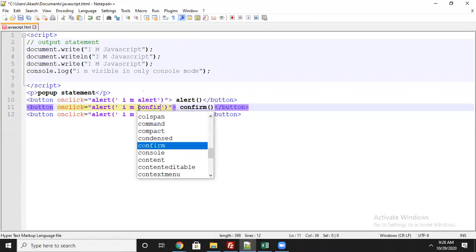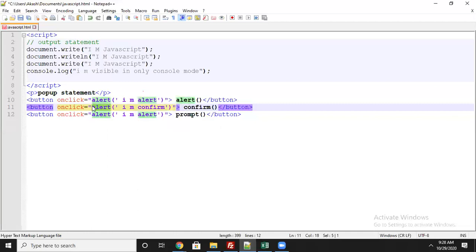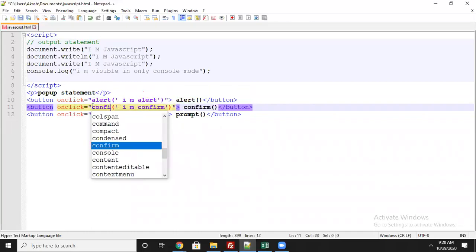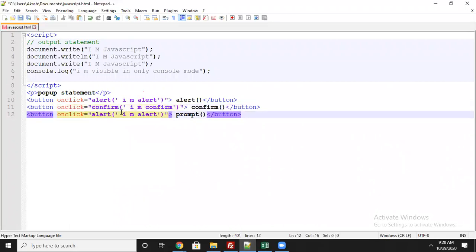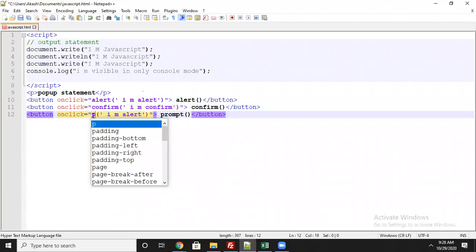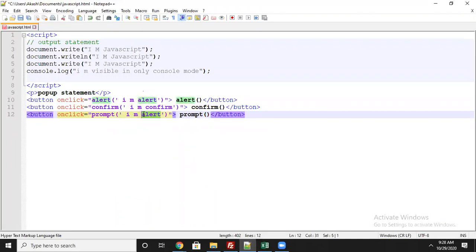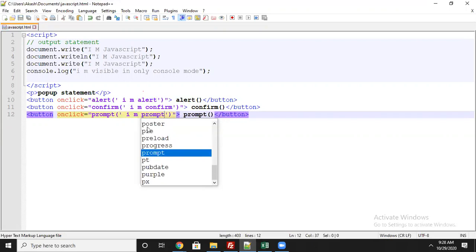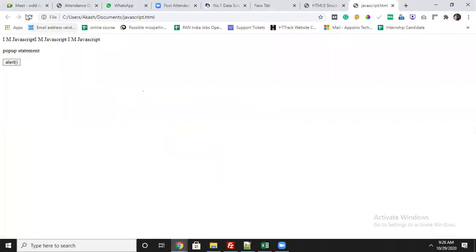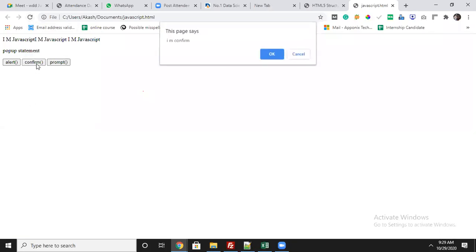Here you have to change to the method confirm, and here you have to use the method prompt. Now see, when I click on confirm, you get the message along with one more extra button, cancel. OK means accepted, cancel means rejected.